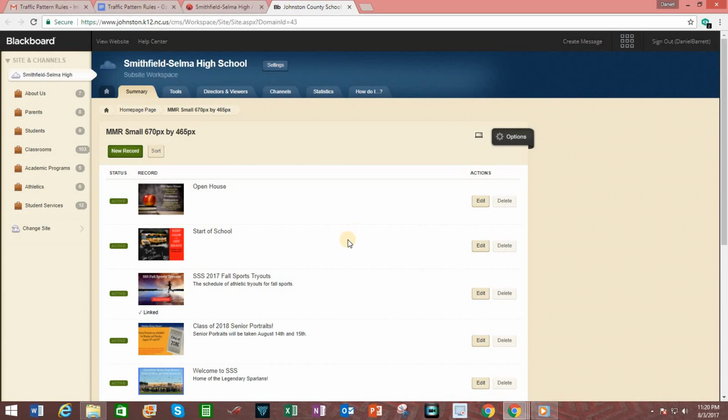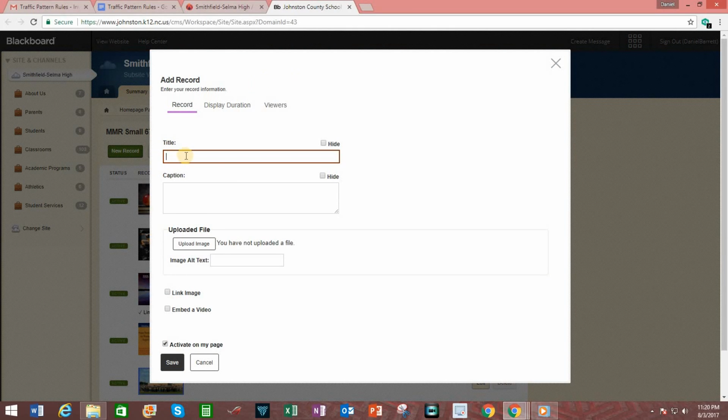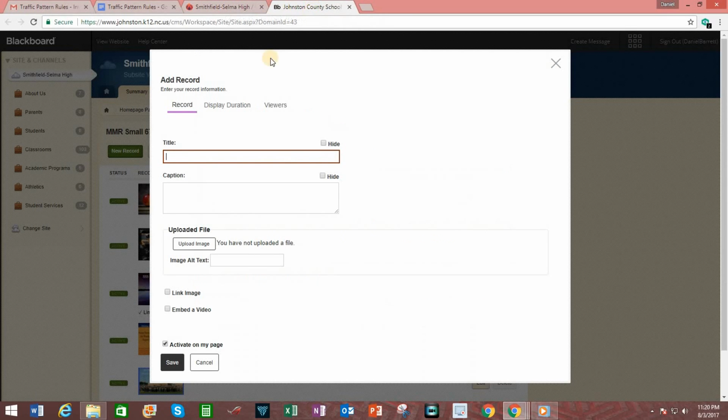In order to create a new slide, click on New Record. You must enter in a title for the record, and this title will match a Google Doc that I will be linking to the slide. And the name of this Google Doc is Traffic Pattern Rules. So, going back to this, in the title box I will enter in Traffic Pattern